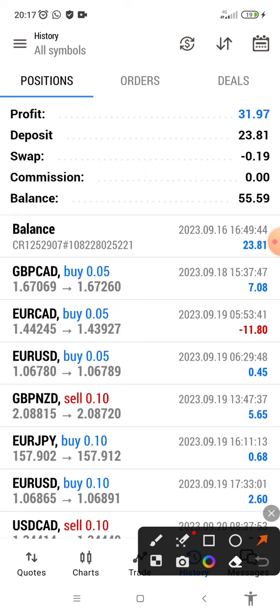went sell. It went against us. So I had to close the trade with a loss of what? 11.80. So if you look at the entry price and then the closing price, you'll be able to know how many pips difference. So I took the trade at 1.44245, and then the trade went to